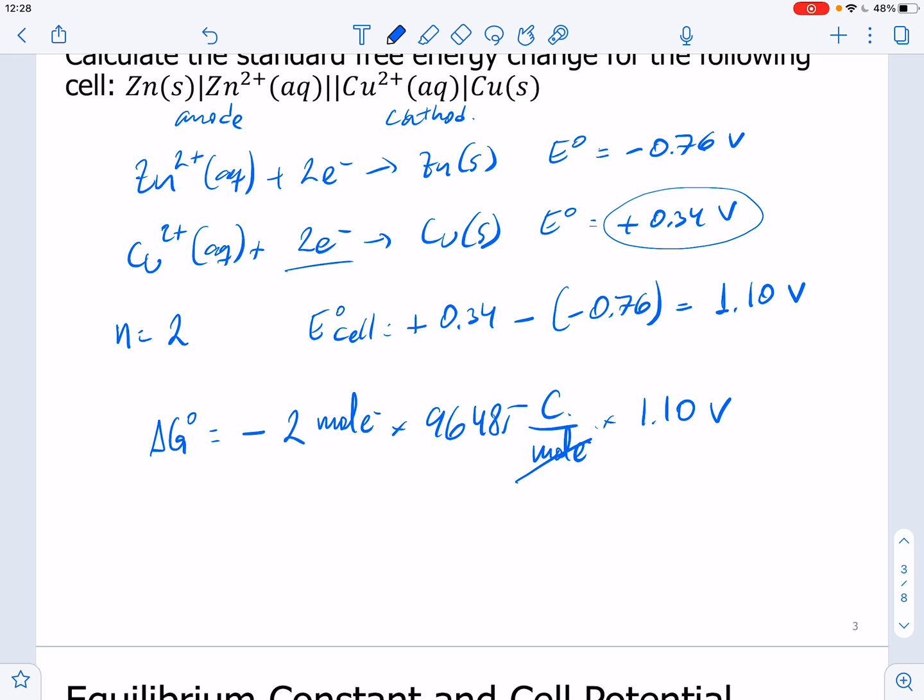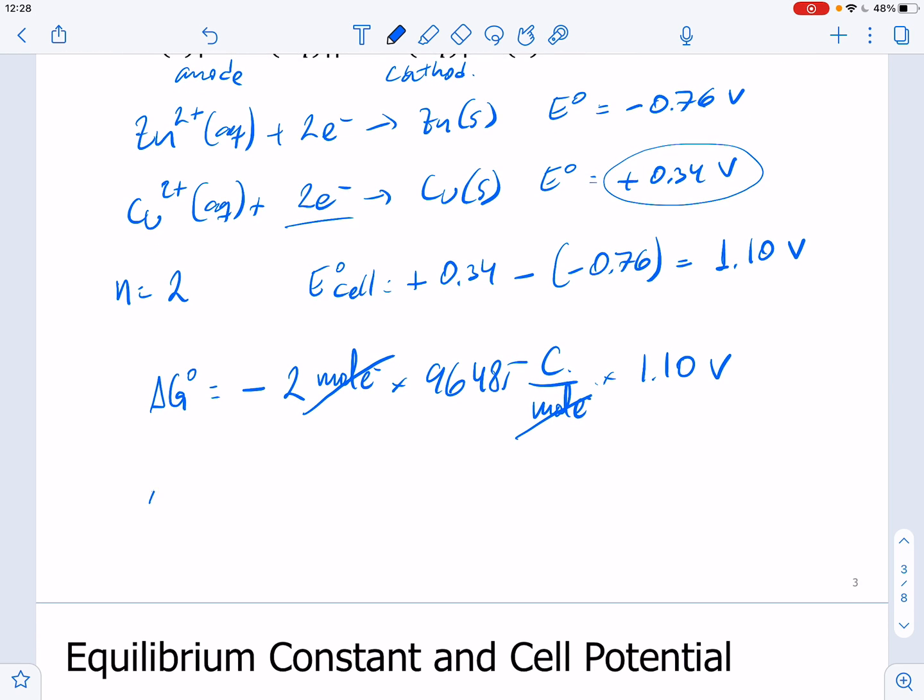Okay, here moles of electrons cancel with moles of electrons, and we obtain here that delta G is equal to minus 212,2